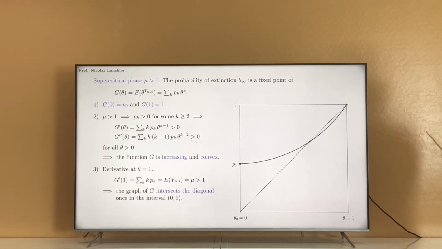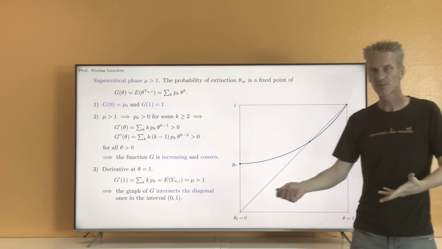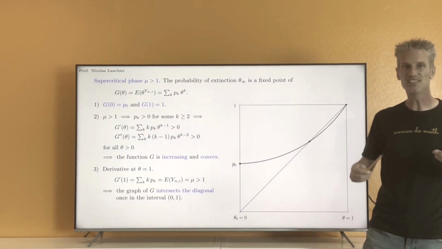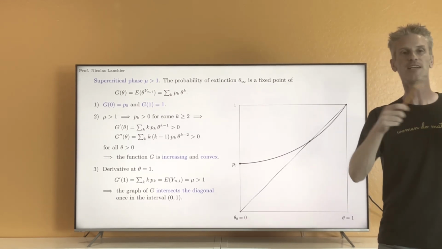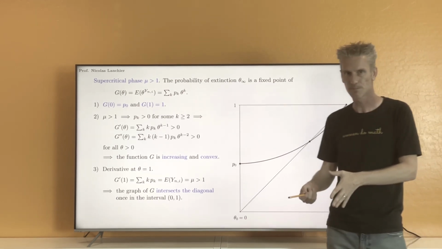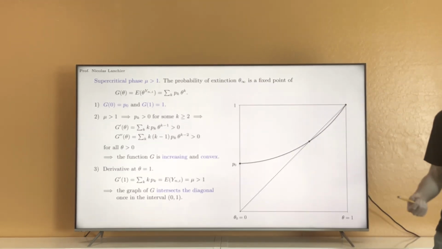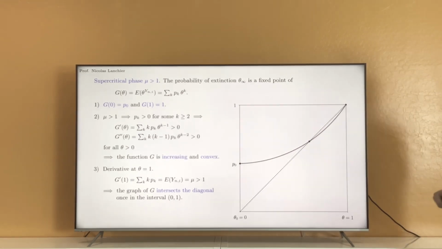The way we prove that is by constructing graphically the sequence theta n. If you have a sequence theta n defined by theta n+1 equal to g of theta n, then one way you can construct the sequence graphically, like from the picture here, is by